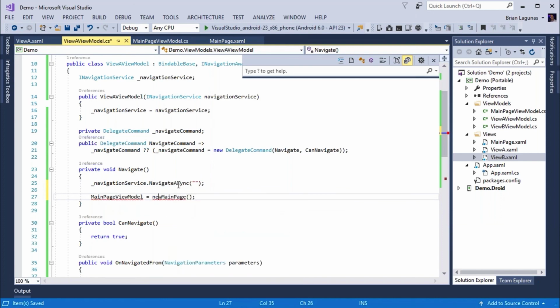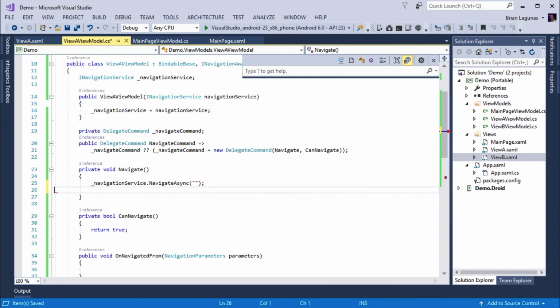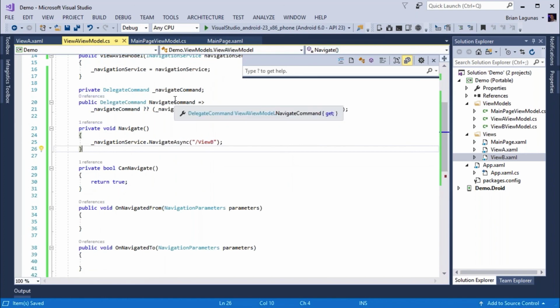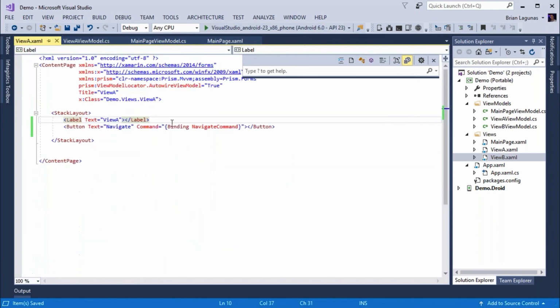So whenever you do an absolute navigation, you're basically resetting the main page of your entire app. It is a reset button, if you will. And the easiest way to do absolute navigation is just put a preceding slash, just like that. Whoop, that would be an error. Okay, so as long as I spelled everything correctly on my view A here,